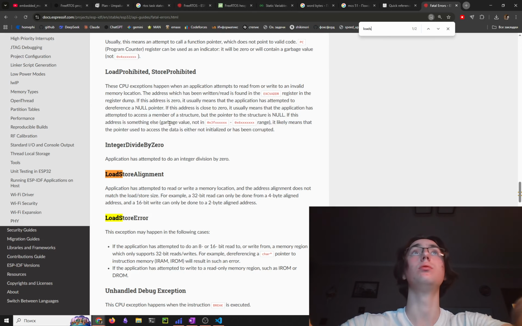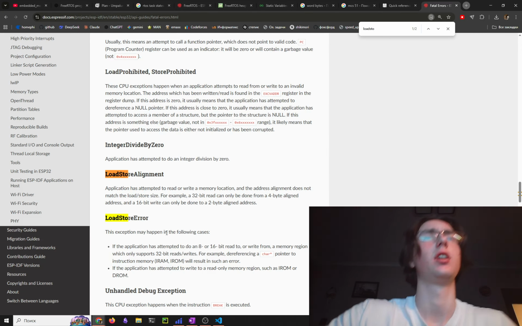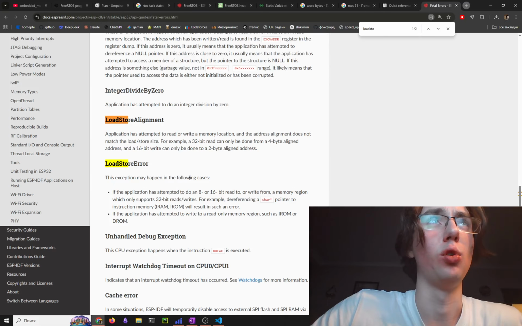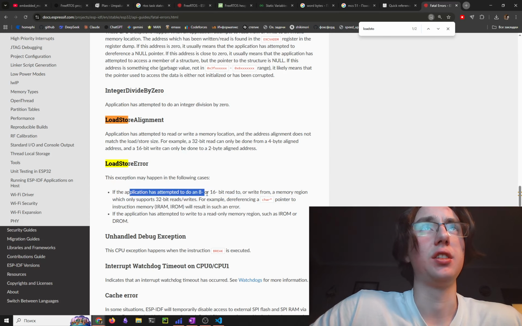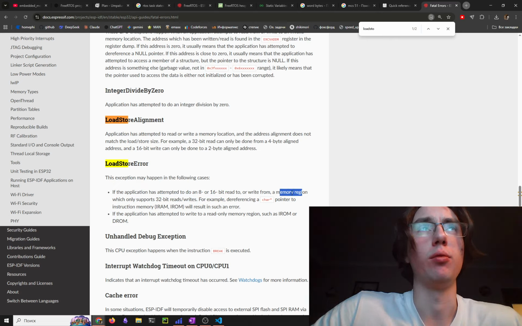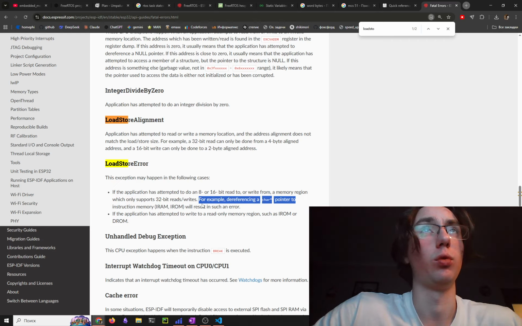Load store error. The exception may happen in the following cases. If the application has attempted to do an 8 or 16-bit read to or write from a memory region which only supports 32-bit reads/writes, the referencing a char pointer to instruction memory will result in such an error. If the application has attempted to write to a read-only memory region such as